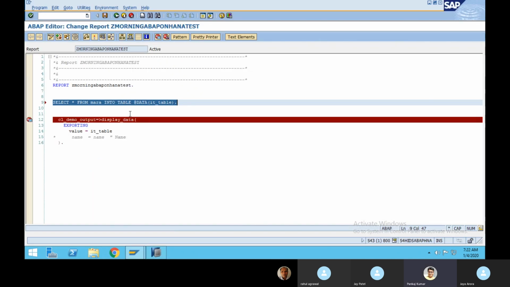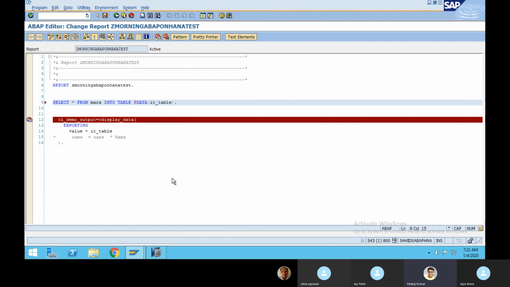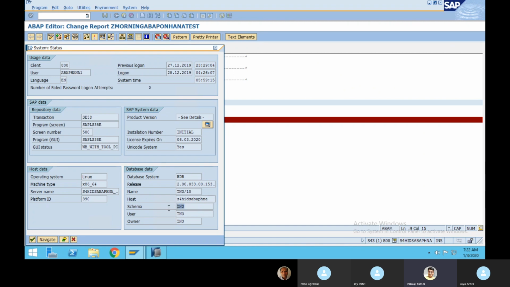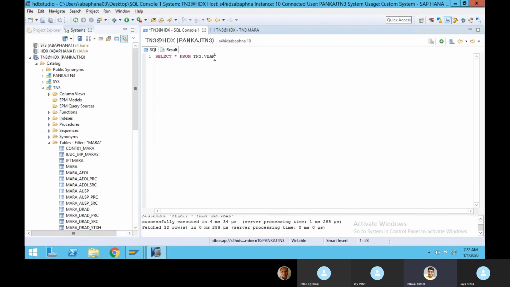And the second reason why we are not supposed to give the TN3 over here is because the system identifies that it is connected with the default schema TN3. So when the database abstraction interface converts into the native SQL query like this, behind the scenes it converts the query and sends it to the database system to fetch the data.